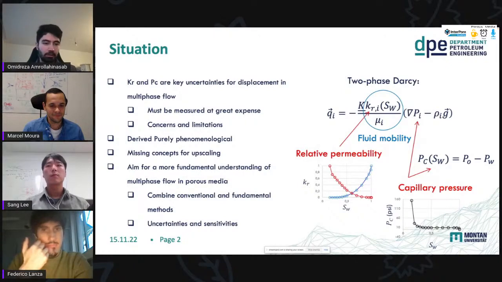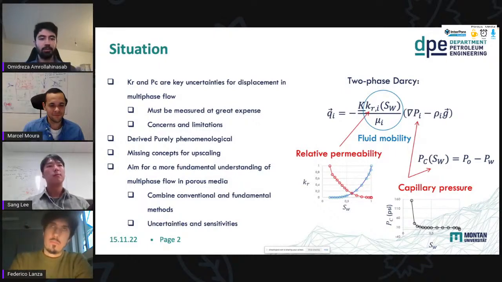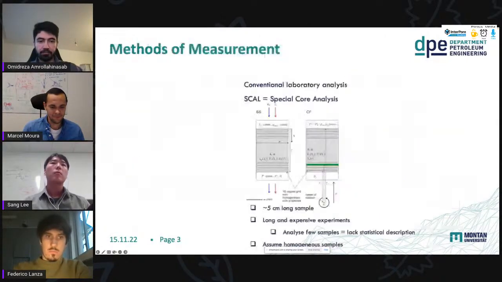So what we are trying to do is to bring in a more fundamental understanding of multi-phase flow in porous media by combining both the conventional and fundamental methods, and quantifying the uncertainties and sensitivities of these functions to different parameters. Moving on to the methods of measurement, the first and conventional one to calculate the KR and PC functions is SCAL, which stands for Special Core Analysis, in which you have, for example, a steady state experiment here,